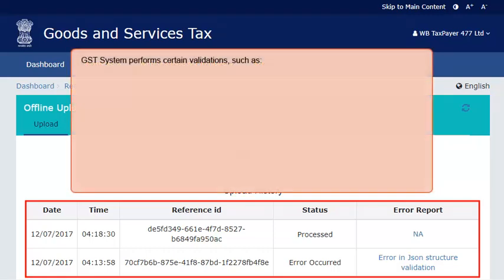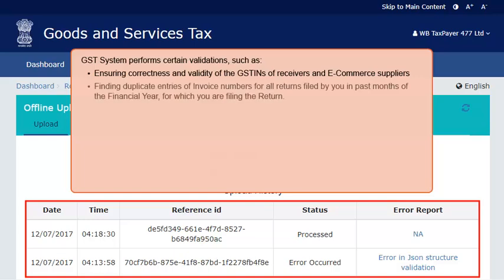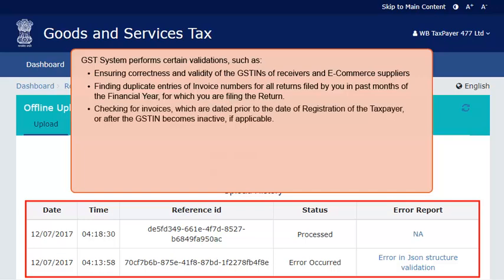This happens as the GST system performs certain validations such as ensuring correctness and validity of the GSTINs of receivers and e-commerce suppliers, finding duplicate entries of invoice numbers for all returns filed by you in past months of the financial year for which you are filing the return, checking for invoices which are dated prior to the date of registration of the taxpayer or after the GSTIN becomes inactive if applicable.